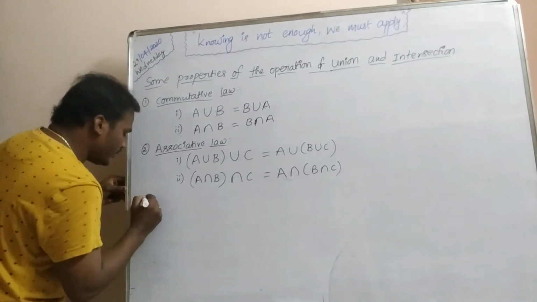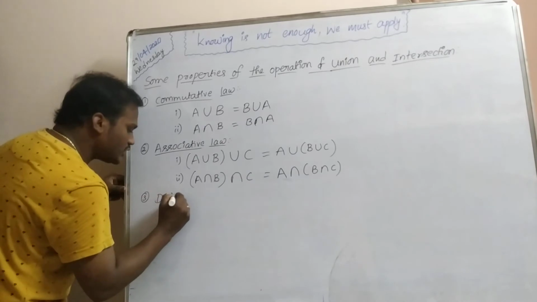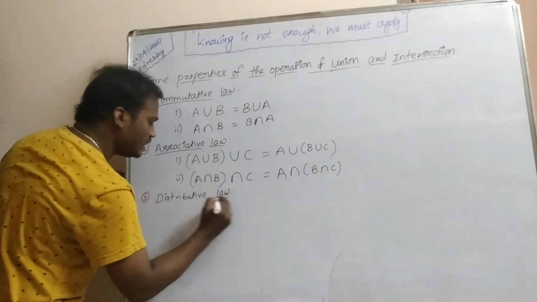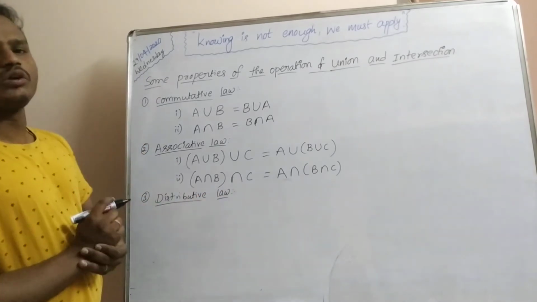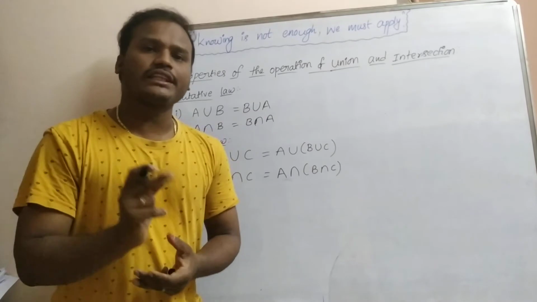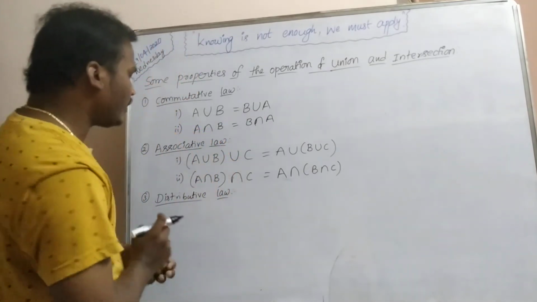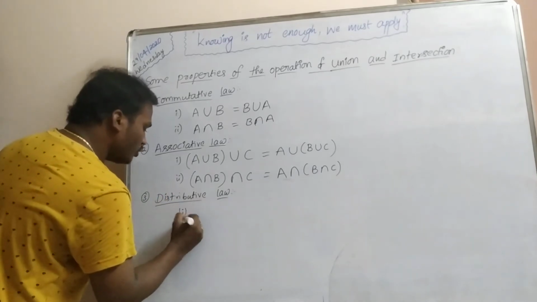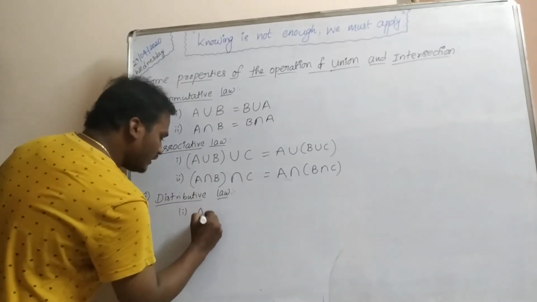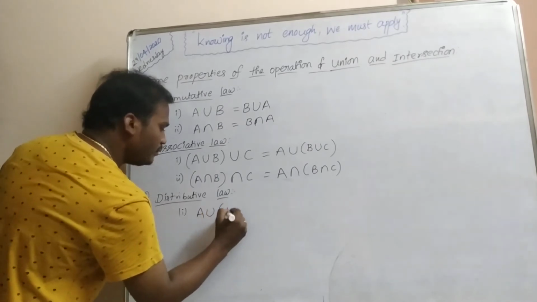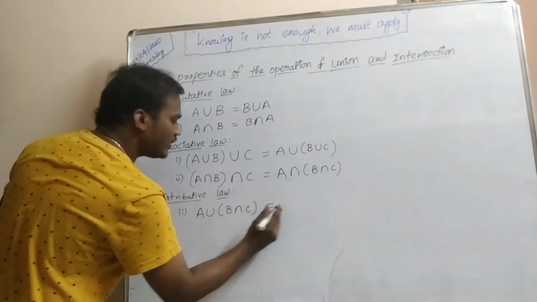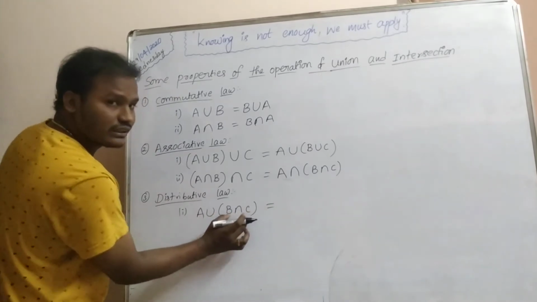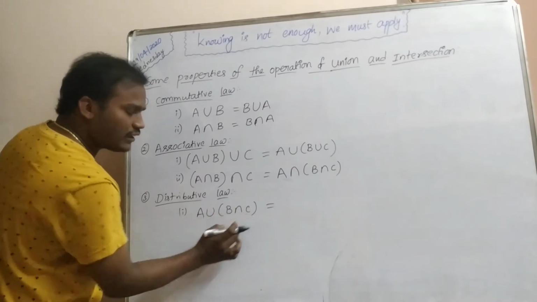Now the distributive law will be only one property. Distributive law, or distributive property, we can say. What is the distributive law for sets? When you are finding the distributive law, one operation will be intersection and one will be union, right? The combination of the two gives you the distributive property. Let's say A union, B intersection C. This is A with the operation union, under B intersection C. We call it union under intersection.